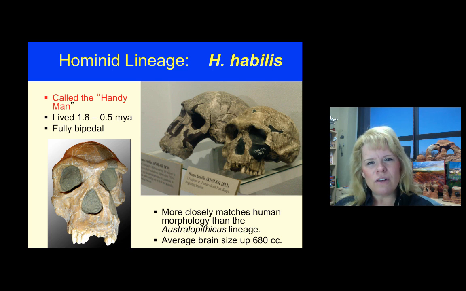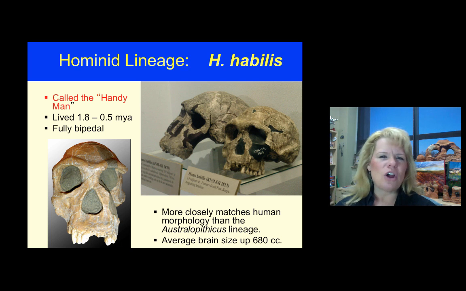So what do you need to know about the Homo species? First of all, what does their name mean? When did they live? What was a trait about them that was unique? You'll figure that out as we go through. So let's start with Homo habilis. This is called the handyman, and one of the reasons is that we find tools and artifacts with his remains, indicating that he understood and could actually use tools by that time.